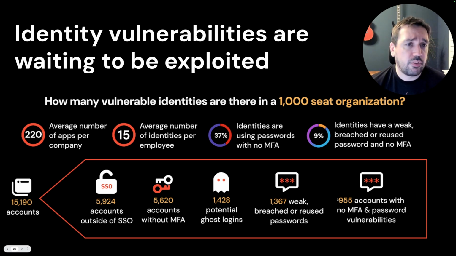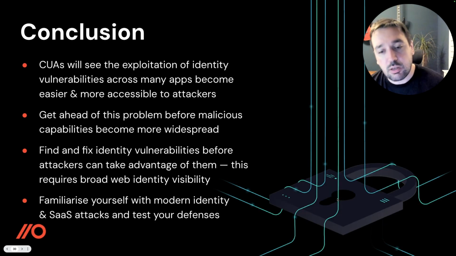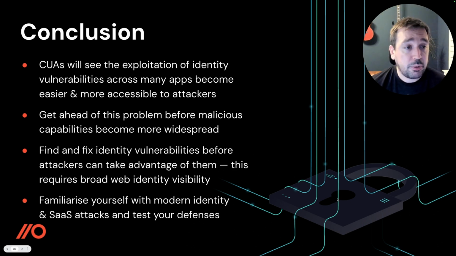The identity attack surface is far, far greater than the vast majority of people give it credit for. We've started seeing this huge increase in identity attacks and breaches, so the era of these attacks being the new norm has started. And ultimately, computer using agents are just going to increase that. I think they're the point in the AI world where we're going to see a more meaningful improvement to cyber attacks. So I think identity vulnerability is going to be exploited at a much greater scale in the next year or so because of this.